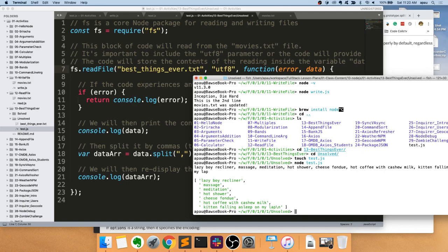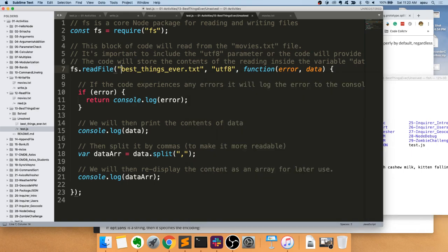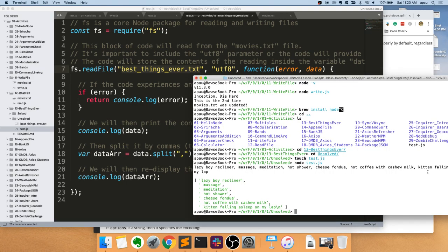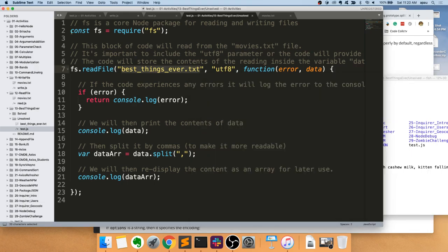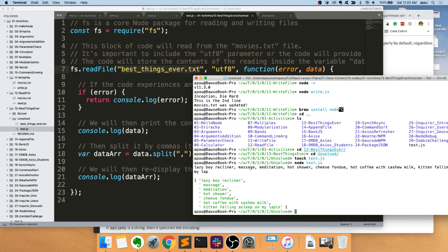If you were unable to complete this assignment without copying and pasting and changing the name of the file from this exercise, then let us know, because then we can try and figure out where things went wrong. This exercise is purely just an exercise of reinforcing that you understand how the different pieces work, playing around with the different pieces, knowing that when you pass in a file over here,